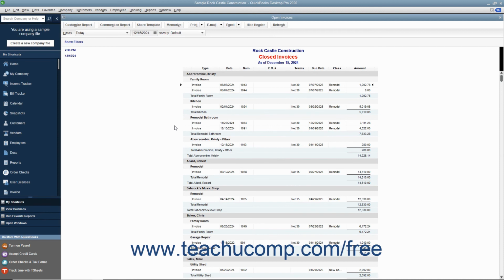If using QuickBooks 2018 or later, you can click the Accrual or Cash Option button for the report basis setting shown towards the upper left corner of the report's preview to switch the report basis if that setting is available for the report. To show the report's other applied filter settings, click the Show Filters link towards the upper left